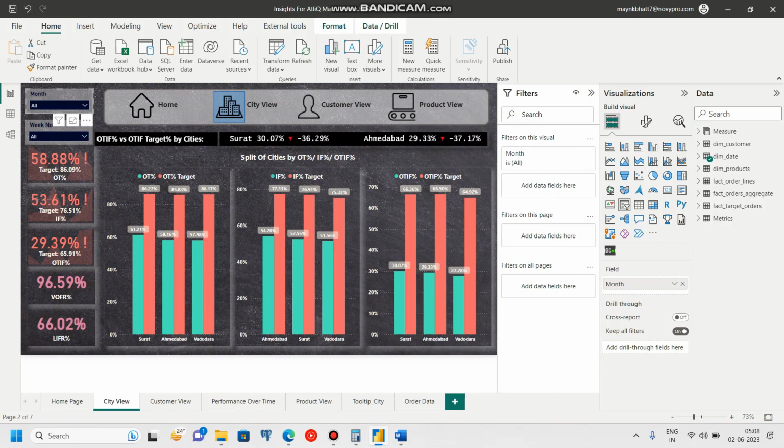So the red bars are the target percentages for each of the parameters, and the green bars are the actual numbers we have achieved against those targets. If I see on-time percentages against on-time target percentages, there is a gap. Similarly, for in full percentage also there is a gap, but interestingly, when I see on time in full percentage versus the target percentages, I see that there is a huge gap